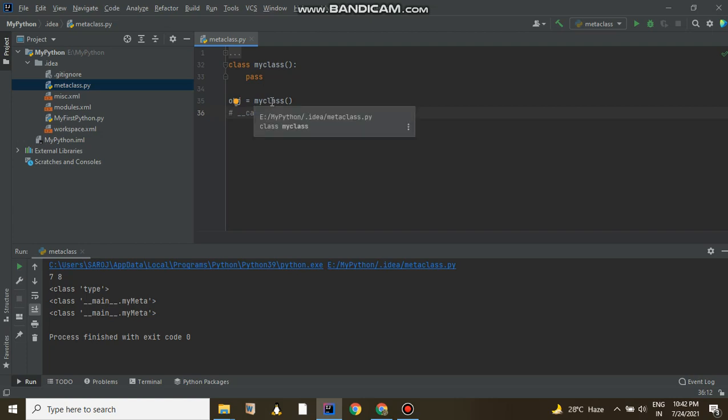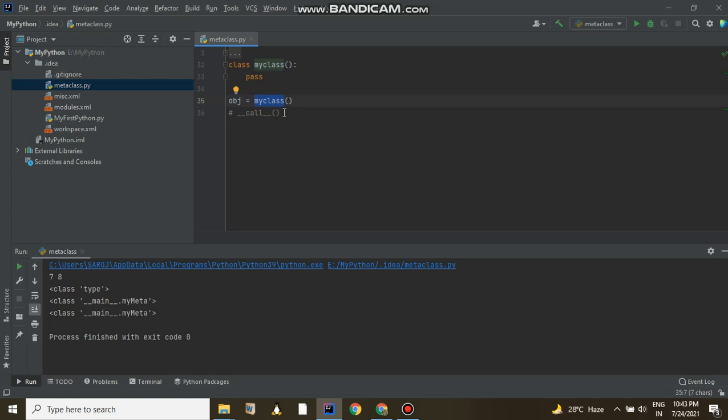Okay, so MyClass is a class, and what is the parent class of MyClass? Type. So as you already know, the type is the meta class of MyClass, or you can call it the parent class. These two are not exactly similar, but here you can call it that, right? So whenever we are creating an object of MyClass, the first thing it will invoke is the call method. The call method of what? The call method of its parent class, the parent class of MyClass. Now what is the parent class of MyClass? Type. So it automatically calls the call method of the type class, right?